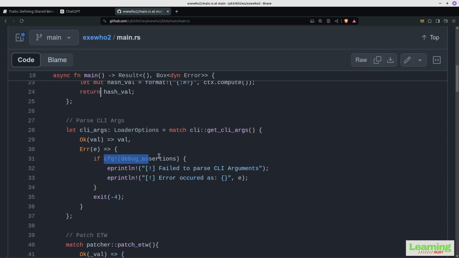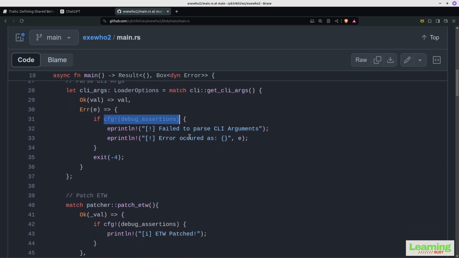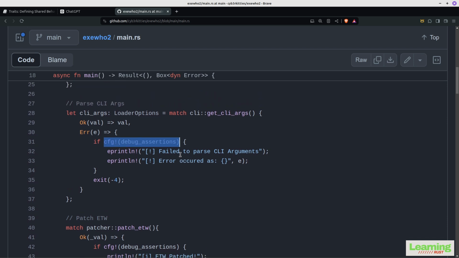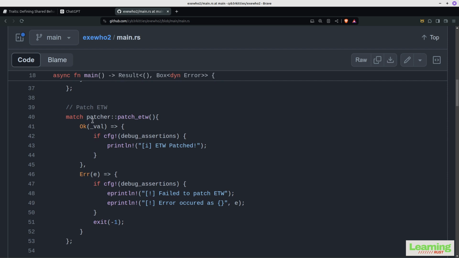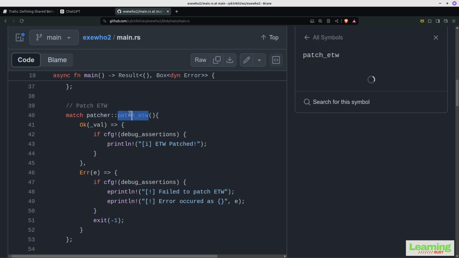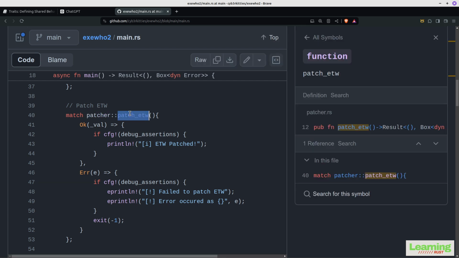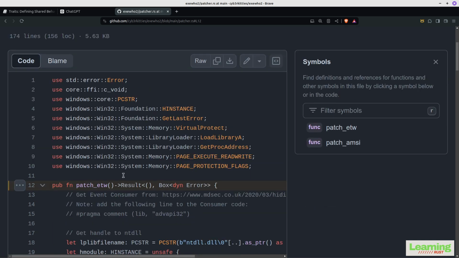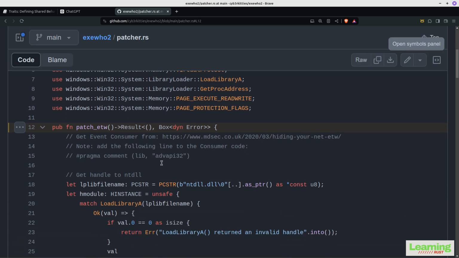CFG debug assertions. So it's doing error checking for the correct arguments, using match there. Patcher, patch.etw. So that is the function there, patch etw. Get event consumer from